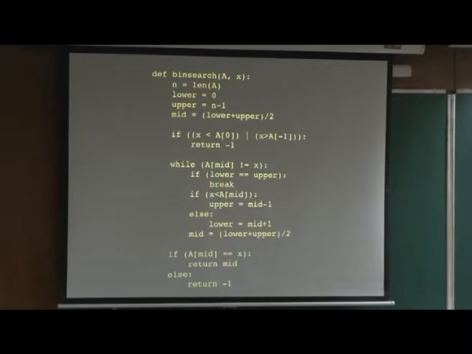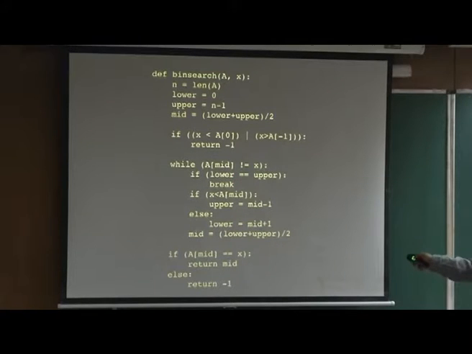You should see whether it's less than a. This condition is important. You should write all possible scenarios, otherwise your code will break. So this is the condition if it is beyond the size. In the code I have documentation, some comments, but here I didn't write the comment. Now while a mid is not equal to x, I shrink.